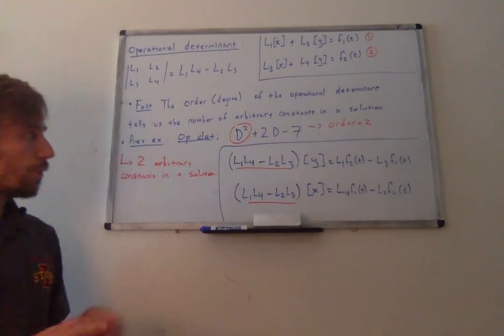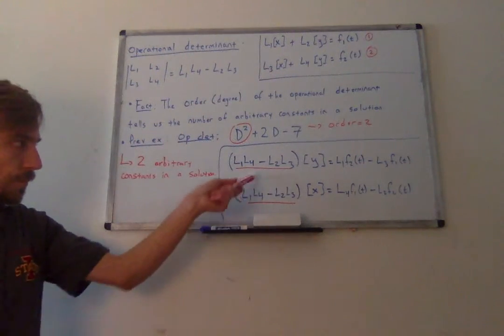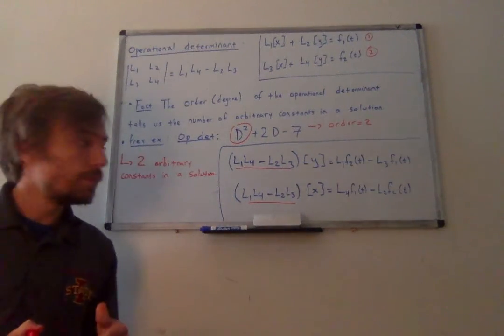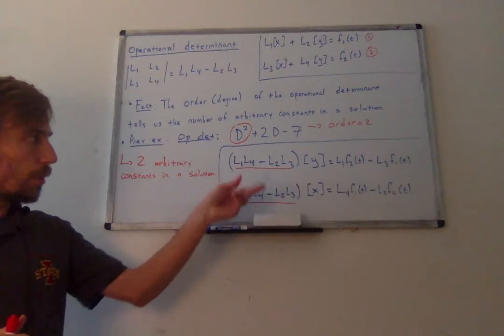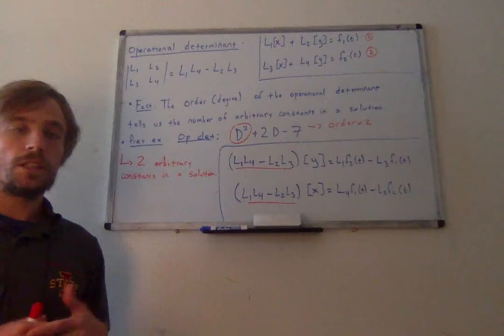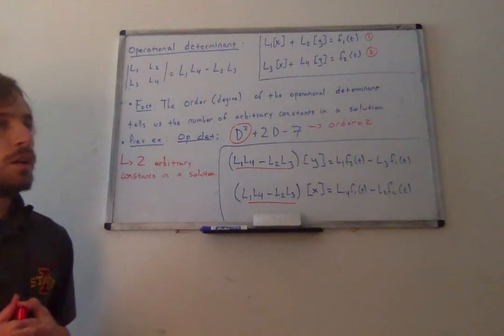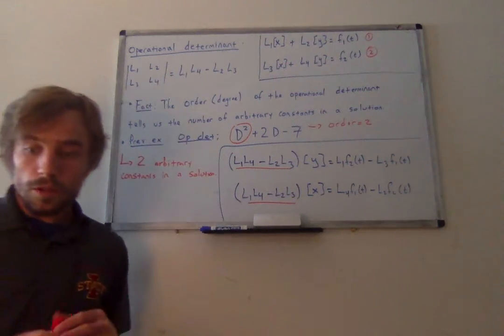So that's kind of nice. If we've got a system that looks like this, just from looking at this operational determinant, we can figure out how many arbitrary constants are going to exist in a general solution to this system of equations. So the determinant can actually tell you a lot more,